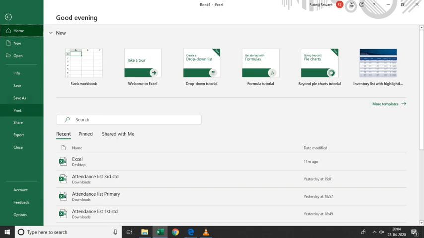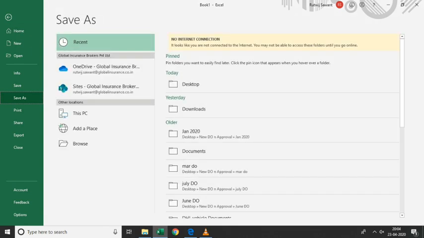The shortcut key to open a new blank Excel file is Control plus N, Open is Control plus O, Save is Control plus S. For Save As there are two options, Save and Save As. When you press Control plus S, the file gets saved. When you click Save As, a dialog box opens. As I said, my version is different, so that's why it opens like that. If you want to save with some other name or location, you can use Save As.